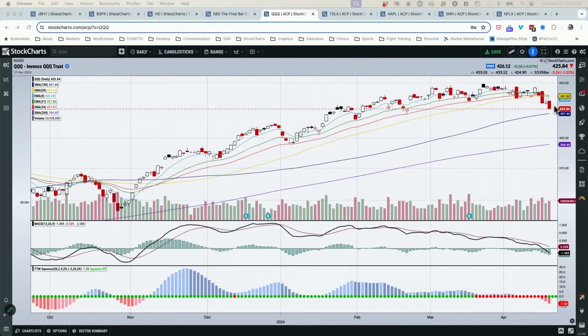When you see a pullback, you want to see how far the chart's pulling back. And in this case, it's actually broken through the 50 simple on the daily chart. That hasn't occurred since last August. So when it occurred last August, we ended up seeing about 3 months of a pullback in the market. And so there's definitely a couple signs right here that we could see a deeper pullback,